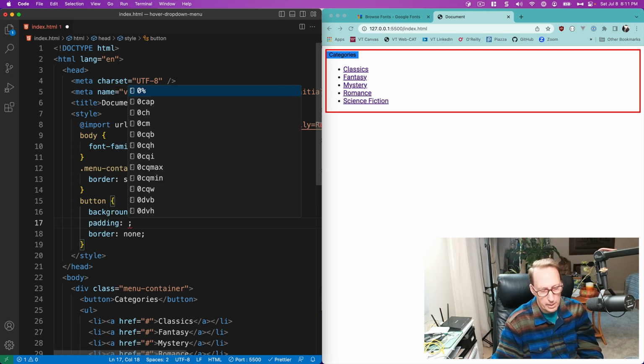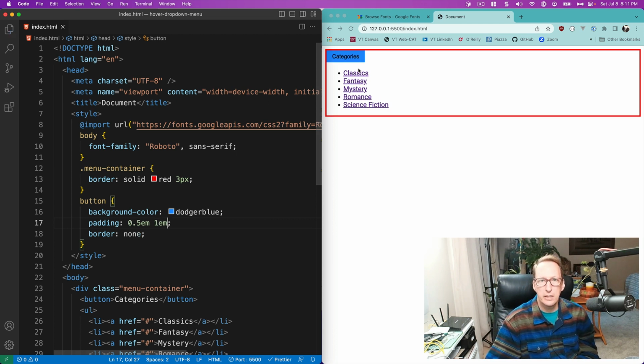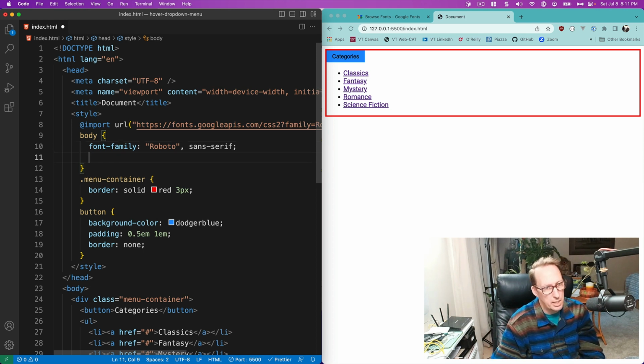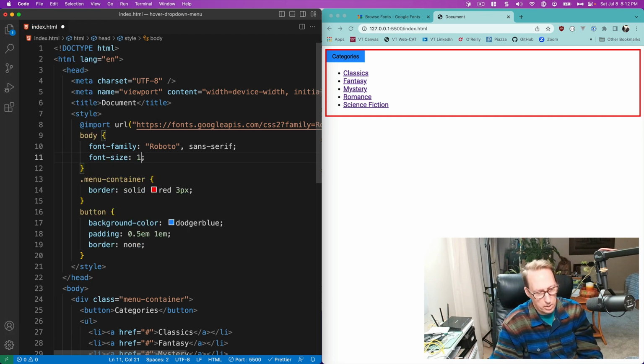Okay, and I'm going to add padding on the top of 0.5 em, and I'm going to add padding on the sides of 1 em, and that looks good to me. Only thing is that the font could be a little bigger. I'm going to make this font a little bit bigger. I've got font family Roboto here. I'm going to say font size is going to be 1.25